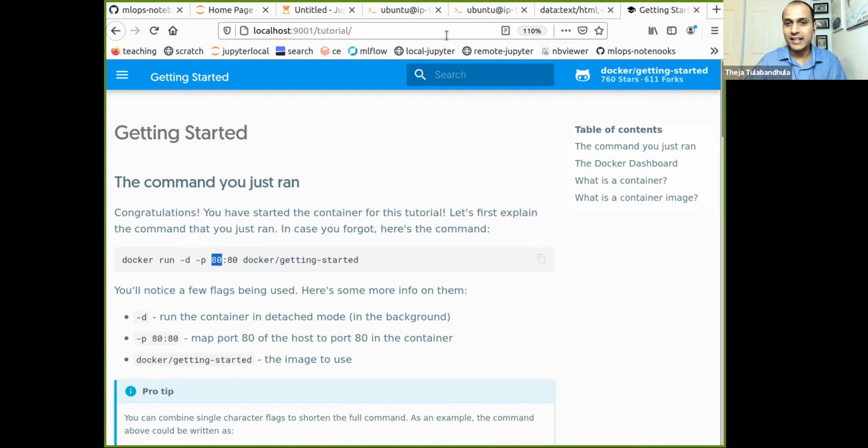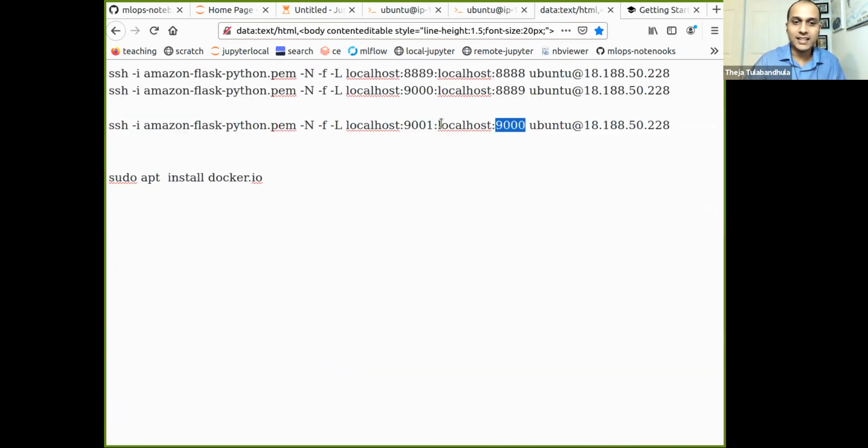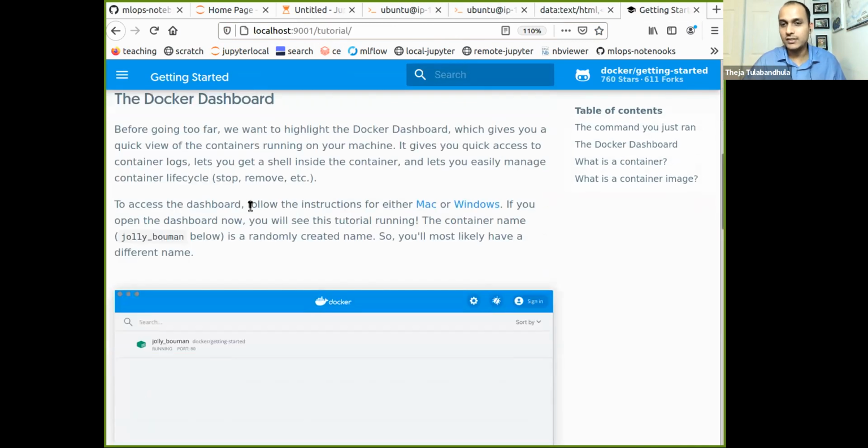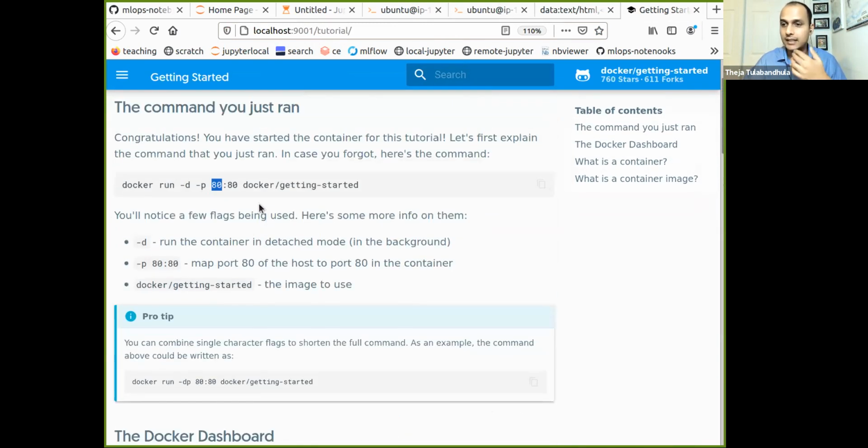We also forwarded whatever was at 9000 there to 9001 locally so that we can open that in the browser. It turns out that getting started is just a bunch of HTML files. It's basically a tutorial, and this is exactly what we did in the playground VM that we got last time. If you don't remember, just go back to the recording from last session. Okay, so that's good.